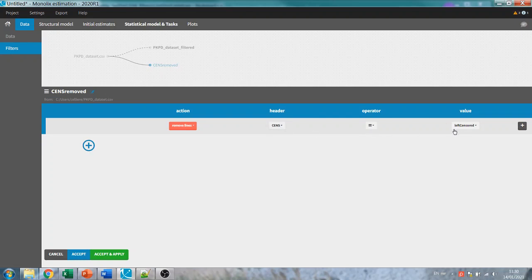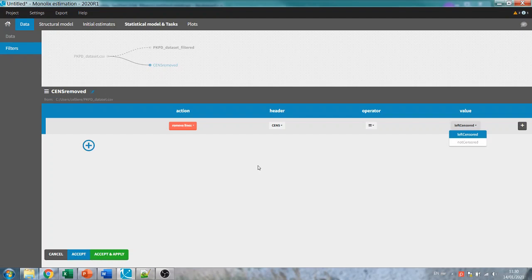When I do this, you see that in the value column, the values that are proposed are left censored or not censored. This is because the filters apply on what we call the interpreted dataset. The interpreted dataset is visible in the Data tab and corresponds to how Monolix has understood the data.